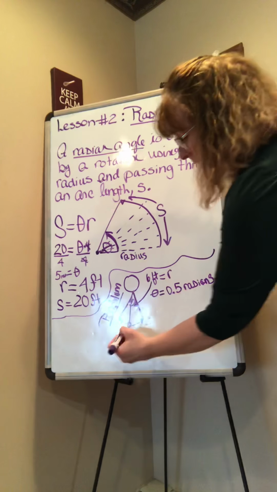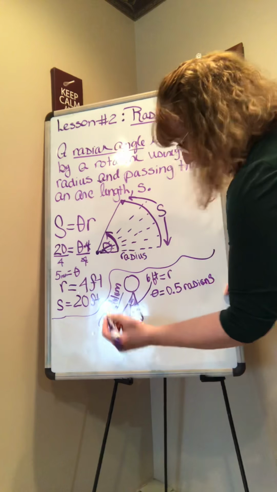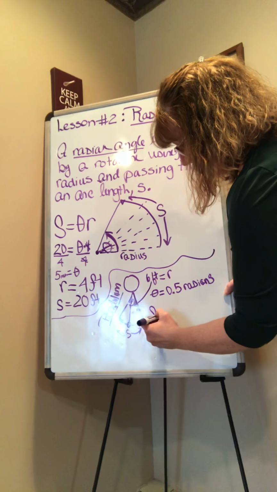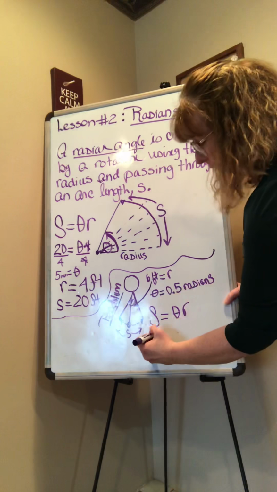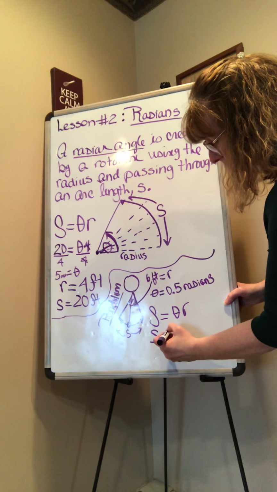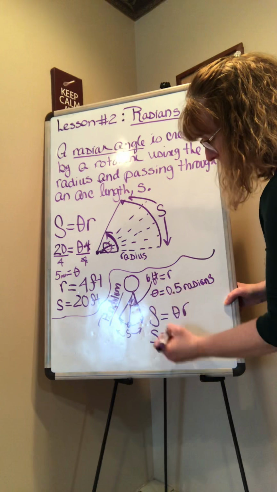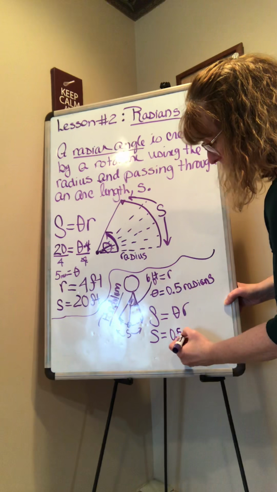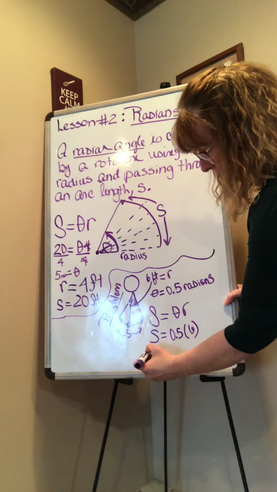And I want to know, how big is the arc that this pendulum is making? Well, I would use my S theta R, my "yes they are" formula, and I would say I don't know that arc length the pendulum is making, but I know my theta, my angle, is 0.5 radians, and I know my radius is 6 feet, and when I